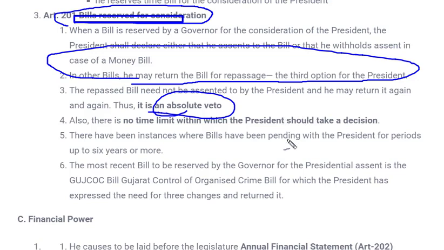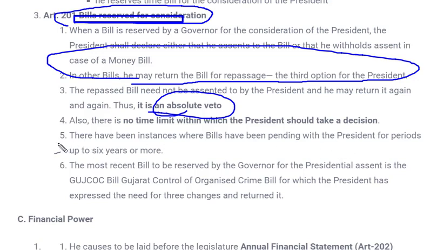Now the president comes into the role even in the case of a state, so only when the president gives assent to that bill will it become an act, or else it won't become an act. So only the president would be responsible if any bill is passed by the governor to him for thinking over it, whether he wants to give his assent, whether he wants to withhold, or whether he wants to give it for resuggestion, or whatever he wants to do.